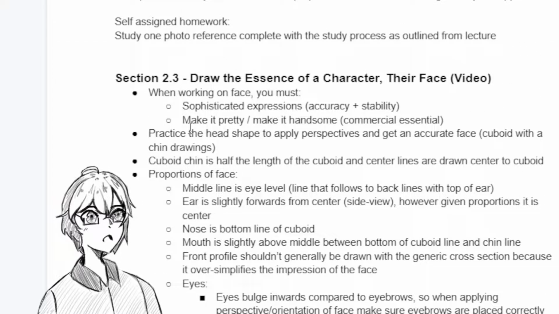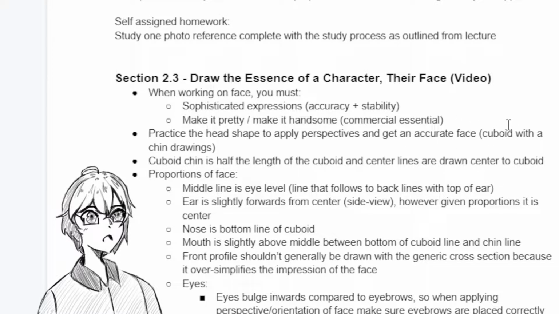The two most important things when working on a face are that you must show sophisticated expressions, which mainly come from experience and your accuracy of drawing what you intend to, as well as to make it either pretty or handsome, which Chyan mentions is a commercial essential in order to draw more aesthetic characters for commercial purposes. Practice the head shape to apply perspectives and then get an accurate face, which Chyan's approach mainly covers